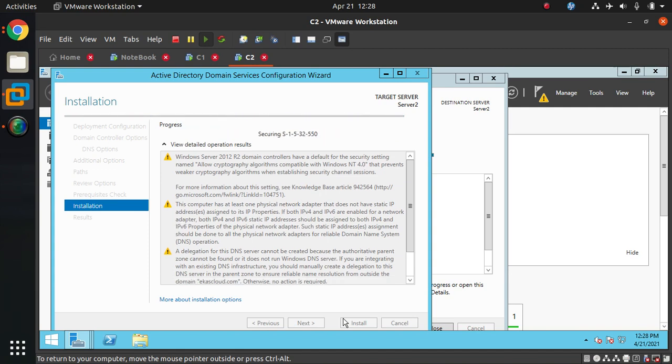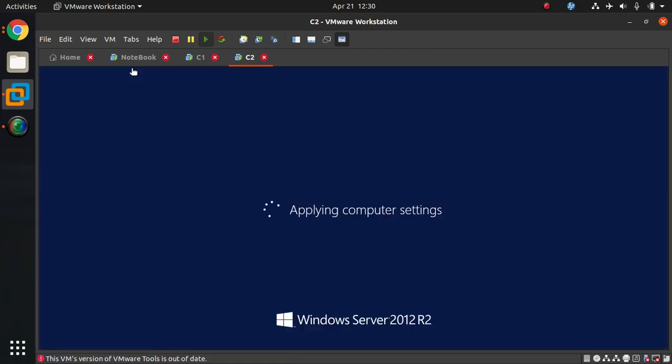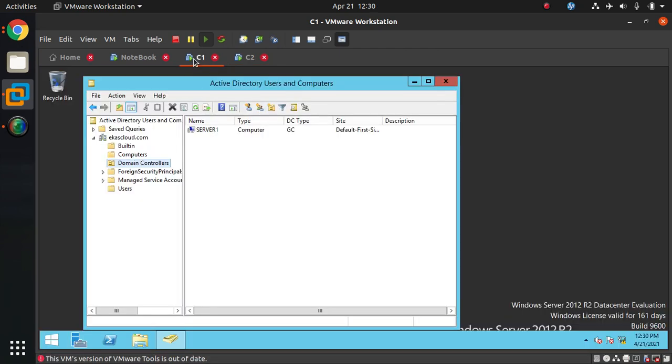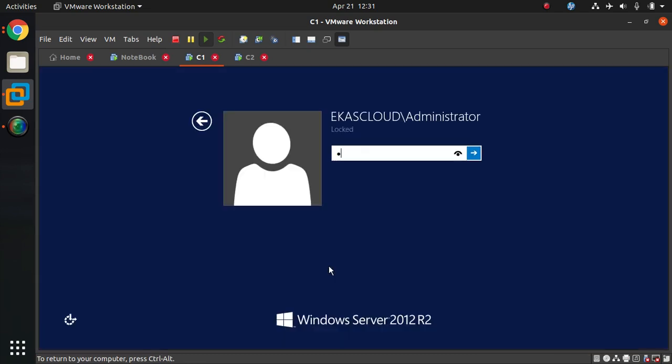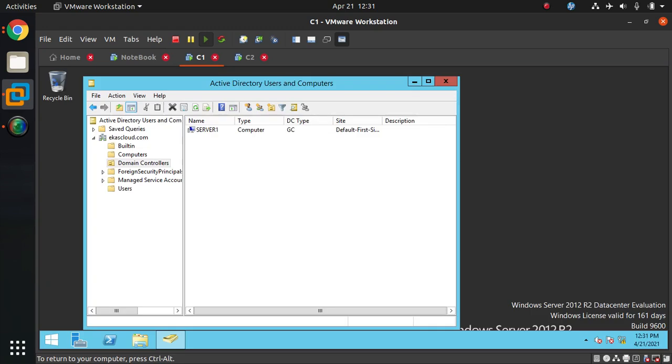It is installing now. It's getting restarted. If I go back here and refresh, let's log out. When I click refresh, you will see server 1, server 2.